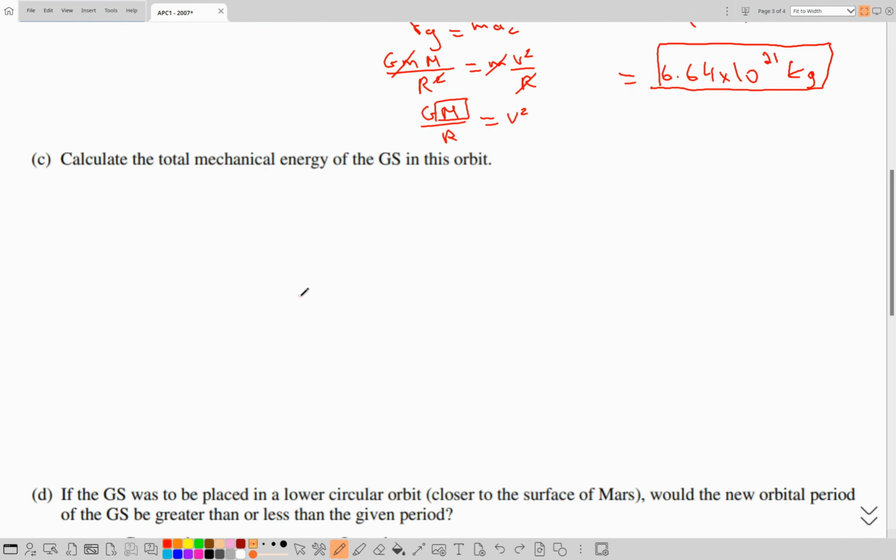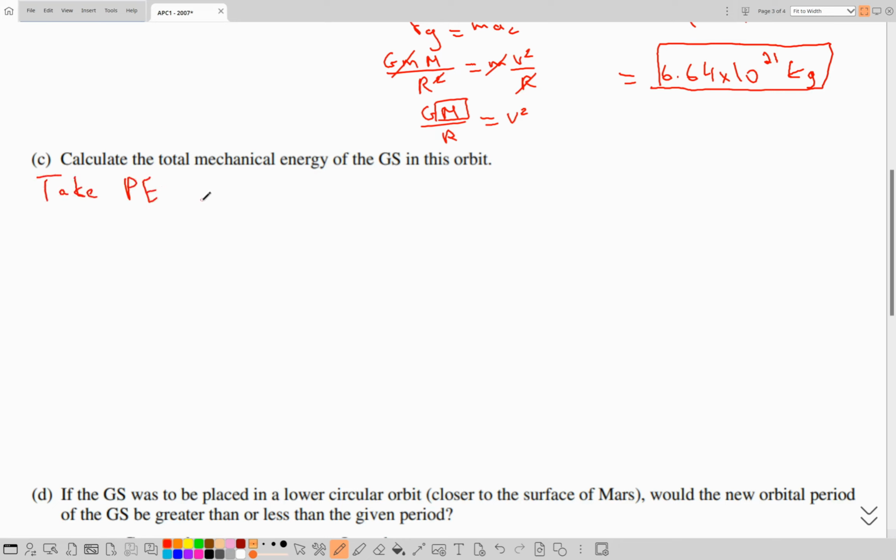Now in part C, we need to calculate the total mechanical energy of the GS in this orbit. Always, and it is even much more important than if you're applying the conservation of energy, if you need to calculate the total mechanical energy, you need to specify your PE level precisely. And for masses that are coupled due to gravity, the PE level is taken to be at R equal to infinity. Then let me take the PE level